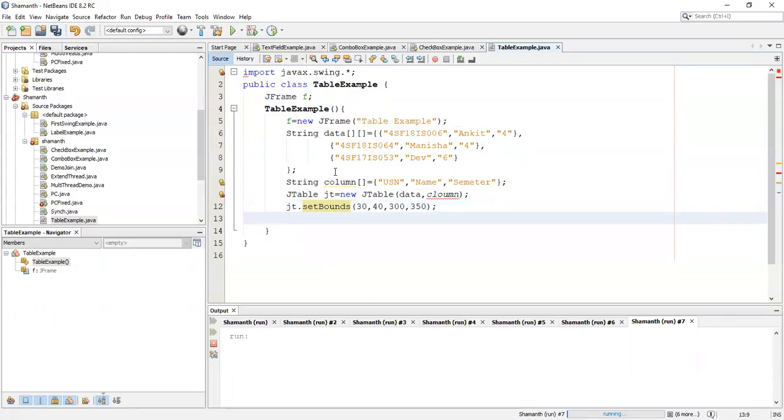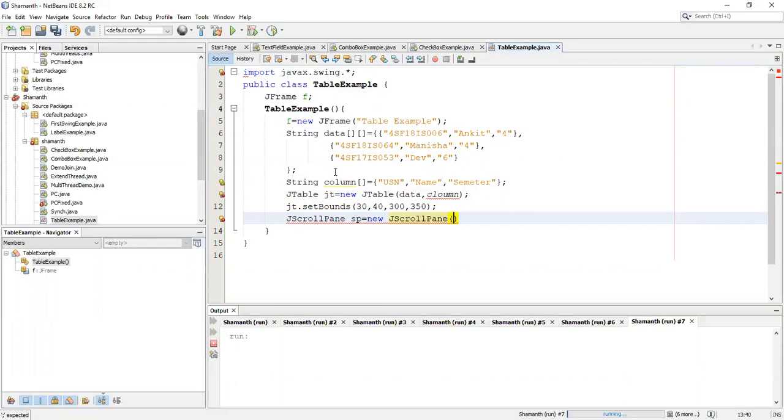Now we will create a scroll pane, using which we will put this table. JScrollPane is a class to create a scroll pane: JScrollPane sp is equal to new JScrollPane.